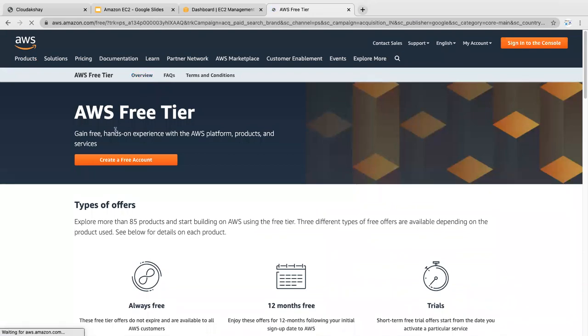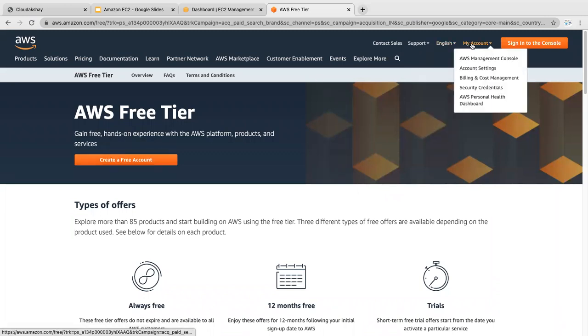If you don't have an account, please create one here and verify your details. For the console view, on the right corner, click AWS Management Console. So I click here.